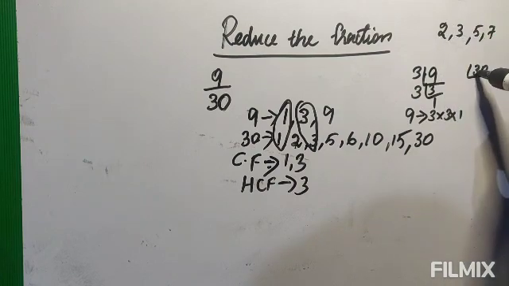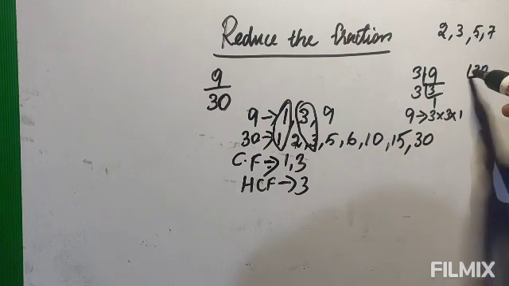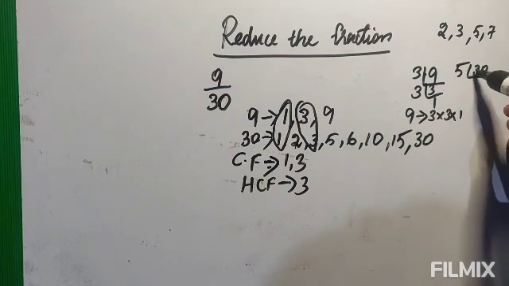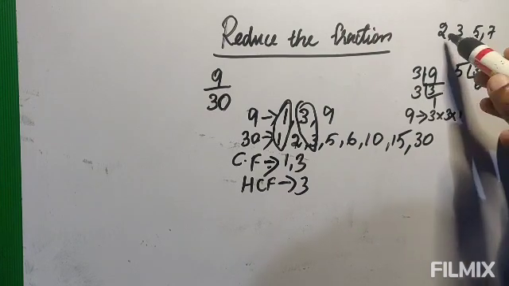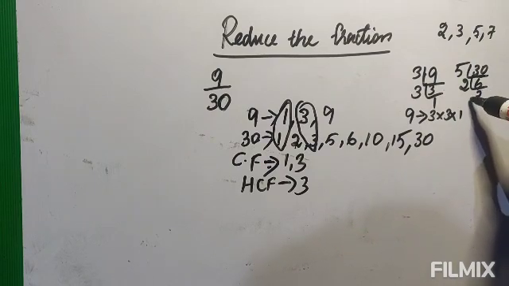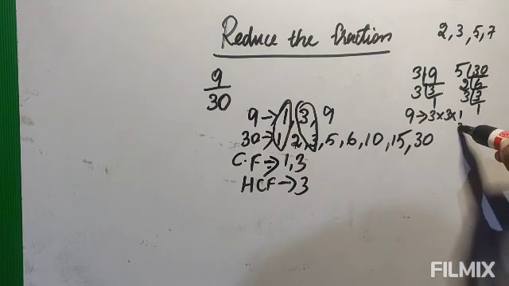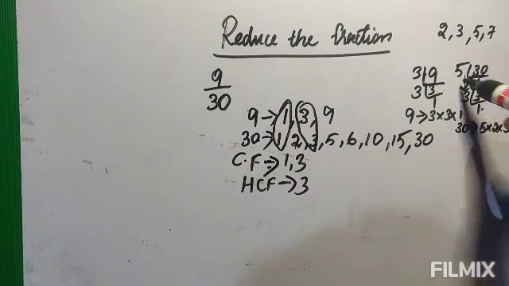So you can go with 2 because it is an even number. Otherwise it is ending in 0, so you can use 5 also. I am using the bigger number, so it will finish fast. 5 6s are 30. Now 6 is an even number, so you can divide by 2. How many 2s are there in 6? 3. Again 3 can be divided only by 3. So 3 1s are 3. So now 30 you can write as 5 into 2 into 3 into 1. Whatever is here, that only you will write.